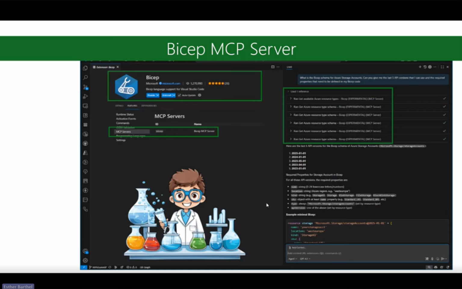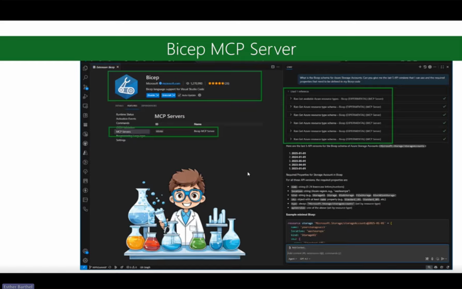One of the other cool things, and I don't think everyone is aware of it, because this basically is still in an experimental stage, is that if you install the Bicep extension, it now also installs an MCP server client specifically for Bicep.